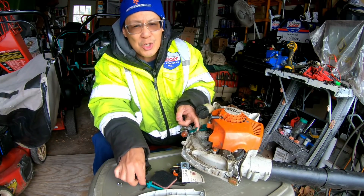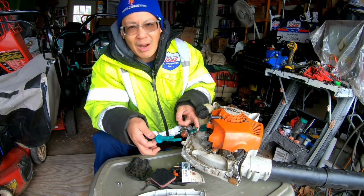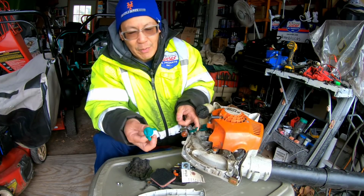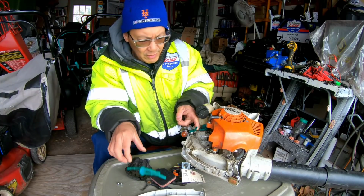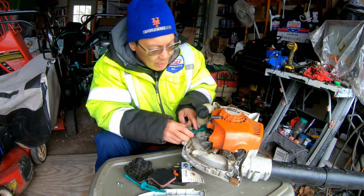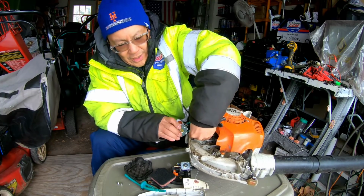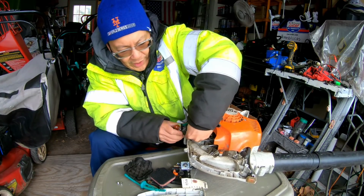So thank goodness I chose this carburetor. I could have got it for $8, but it didn't have all this other stuff. For $11, I'd rather get all of this, you know? So I'm gonna have to disconnect this fuel line over here and kind of pop the new fuel line into the